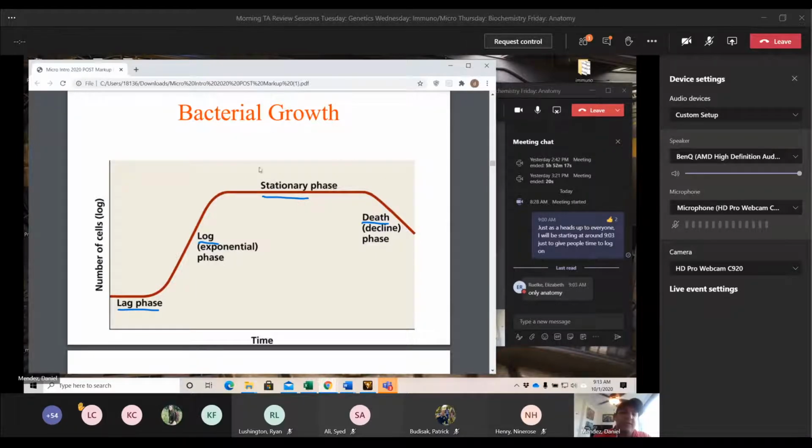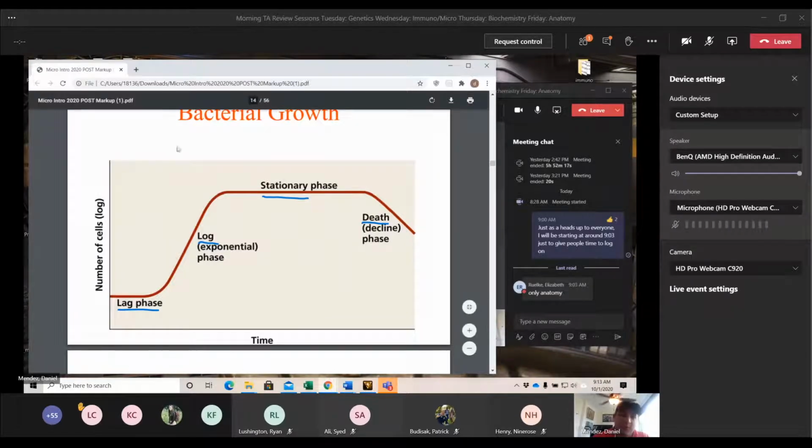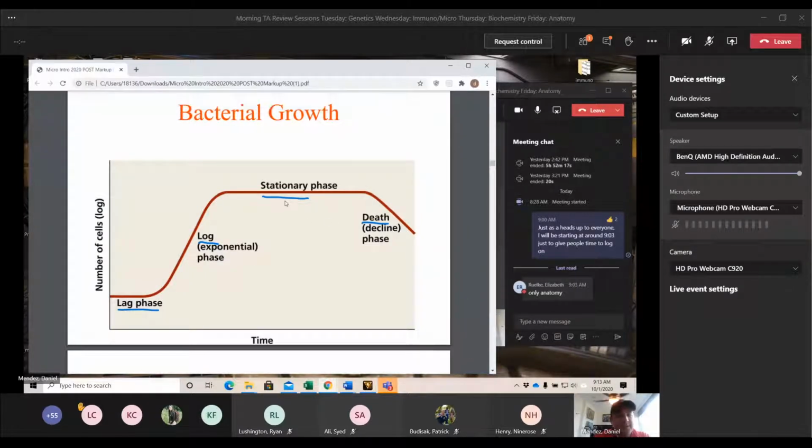So they have stopped growing because they don't have any more resources or capacity to use those resources. Over time, just a natural occurrence through ecology, because they don't have any more resources, the population will end up declining. So it's important to note that this growth curve that we're seeing here is a natural occurrence. This does not include the introduction of antibiotics. It doesn't include any involvement from the immune system. This is just how it's naturally going to occur.